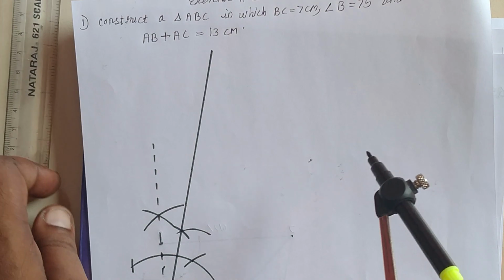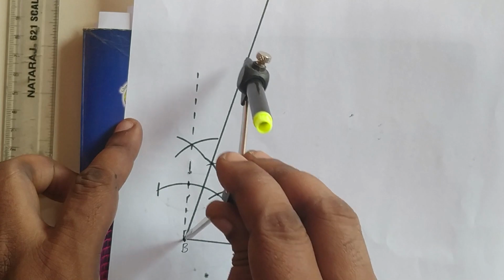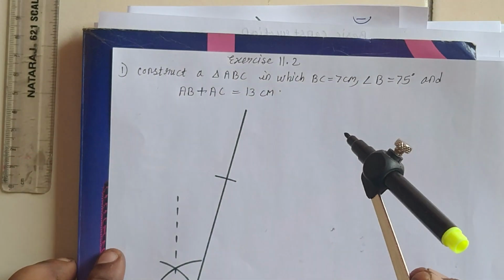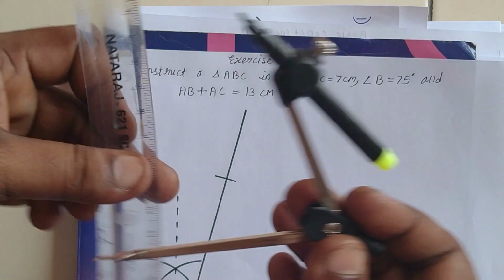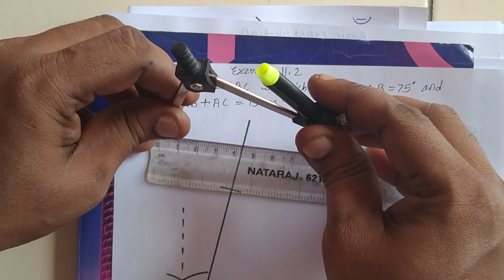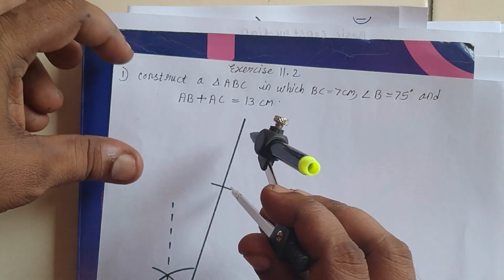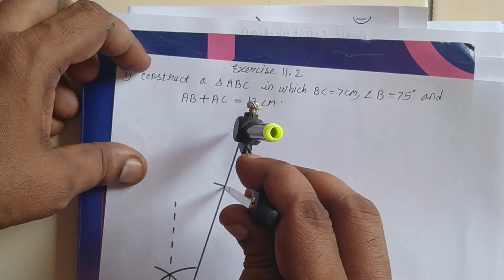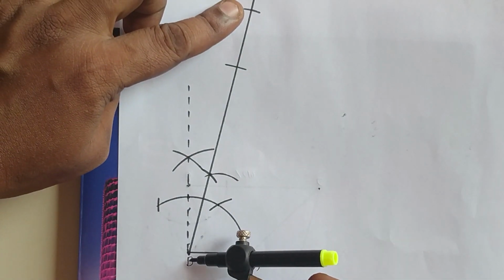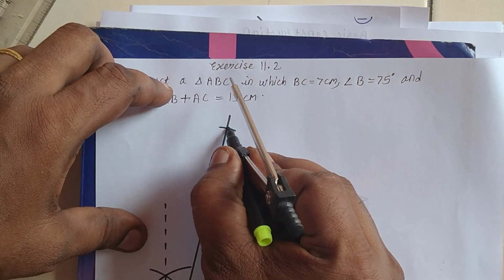So initially from point B, I am taking the arc which is 10 centimeter away from point B. We want 13 centimeter, so now I have already taken 10. Now I will take 3 centimeter. So take a distance of 3 centimeter, and this is 10 centimeter. Now take 3 centimeter. Okay, now this point is 13 centimeter away from B. Okay, name this point as D.